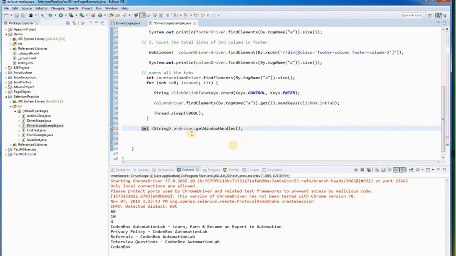Okay, here is a. So what does it mean? It means we'll use the getWindowHandles method. It's a method used to traverse from the parent page, the parent window, to the child window. And when you use this,